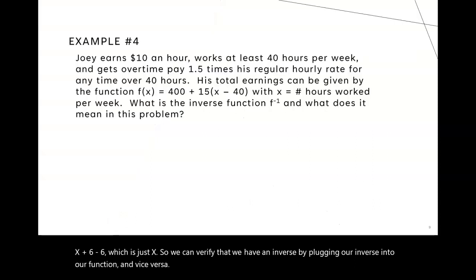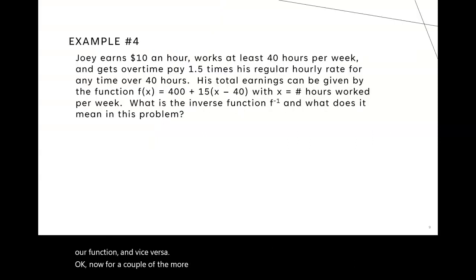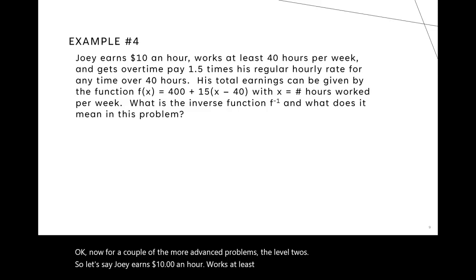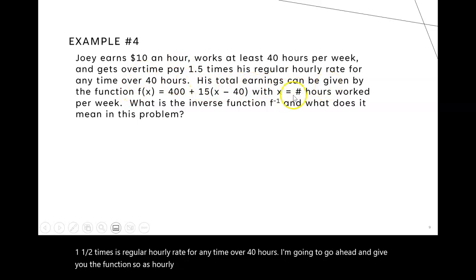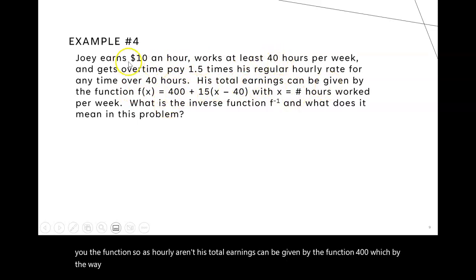Okay, now for a couple of the more advanced problems, the level 2s. So let's say Joey earns $10 an hour, works at least 40 hours per week, and gets overtime pay 1.5 times his regular hourly rate for any time over 40 hours. And I'm going to go ahead and give you the function. So his total earnings can be given by the function 400, which by the way is 40 hours times $10 an hour, plus